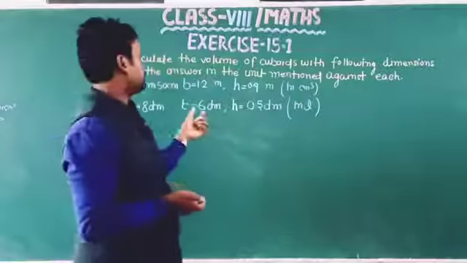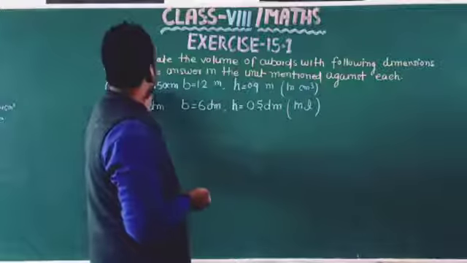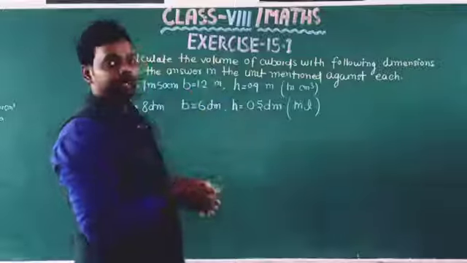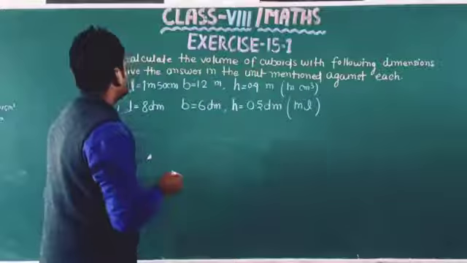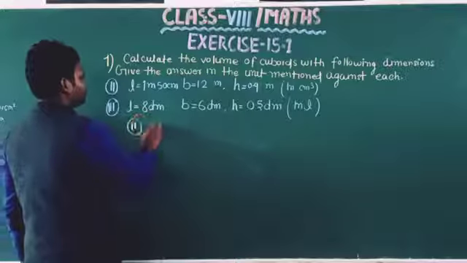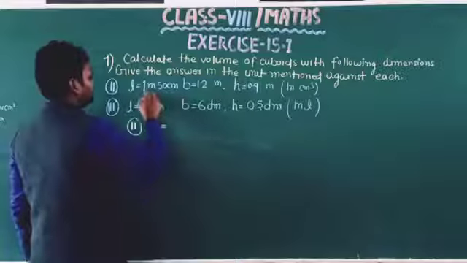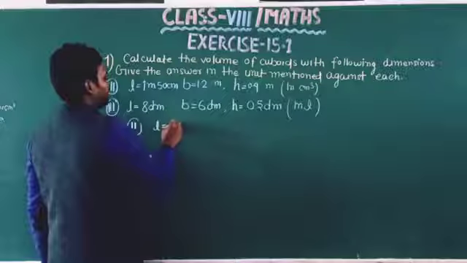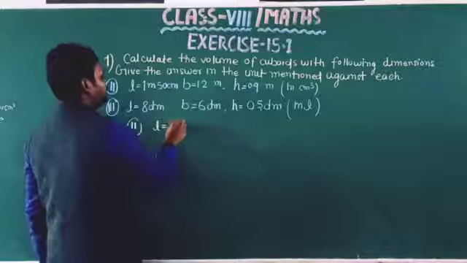So this means first we need to change the given dimensions in centimeter, and after that find the volume. Length is given 1 meter. In 1 meter there are 100 centimeter. So this is 100 plus 50 is 150